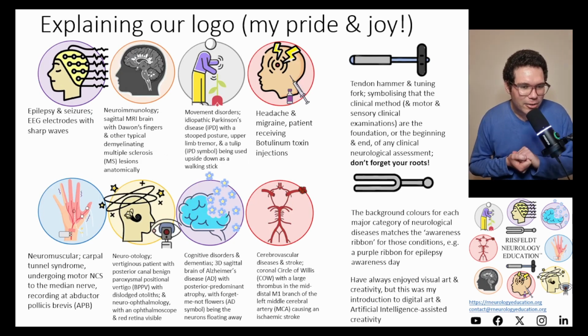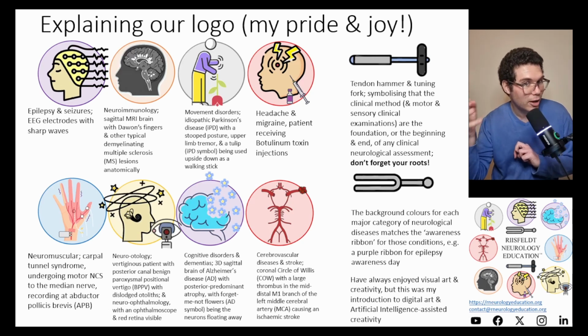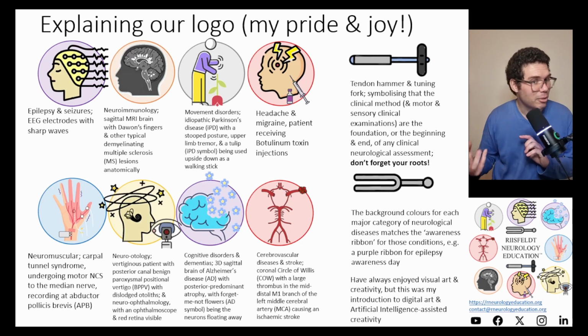So there are 8 different, somewhat complex logos which are all arranged in a circle. The first one is a face in sagittal plane with electrodes on the head for an EEG. And then you can see the cerebral activity on each of the EEG leads, and you can see the field. And it's not a spike, but there are 2 sharp waves which are demonstrated, and that's to symbolize epilepsy and